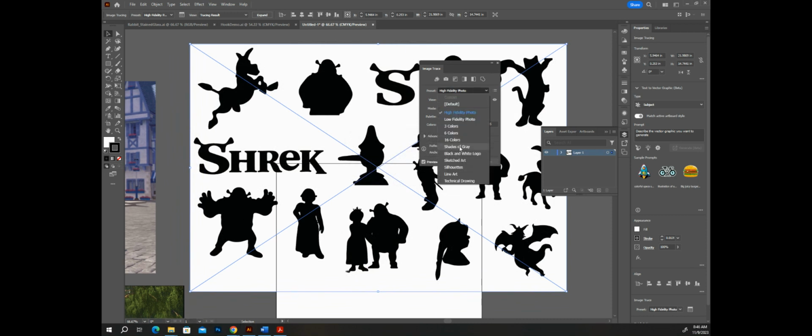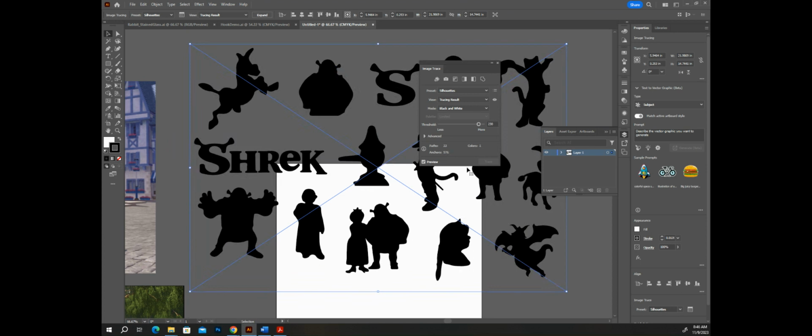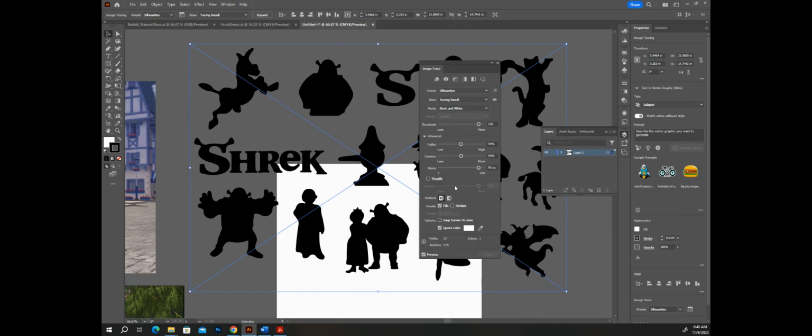I can try out a black and white logo and see what it does. We don't want our characters to become so simplistic that we can't really tell what they are anymore. You could try silhouettes. Silhouettes actually look okay to me. Not terrible. And down here under advanced, you can also choose